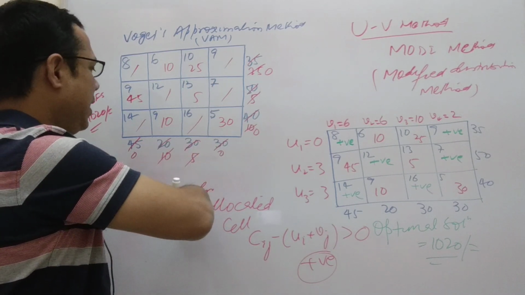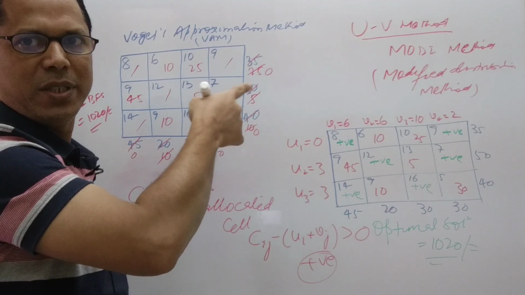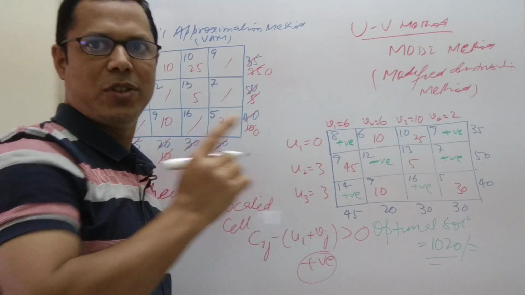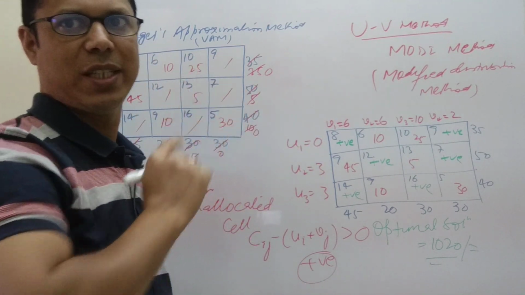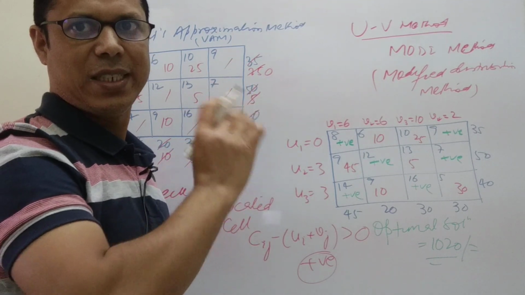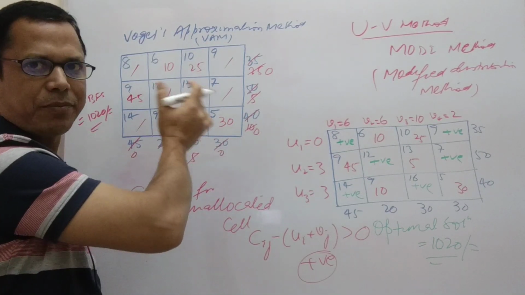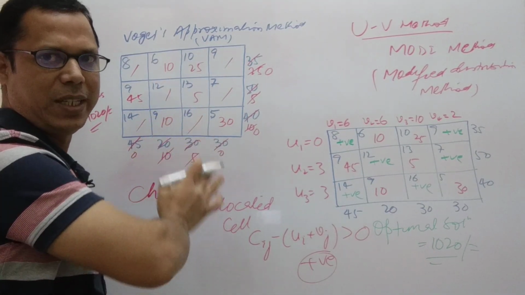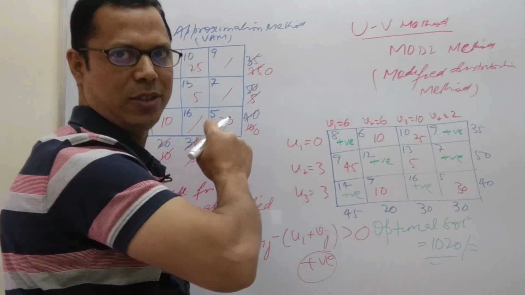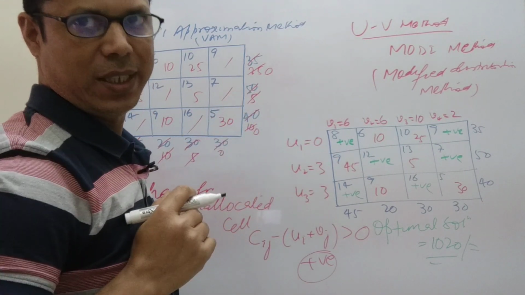Sometimes it is also mentioned that you should first apply an initial basic feasible solution method, like the northwest corner cell method, and then go on to find the optimal solution by applying the UV method. If the question mentions this, then you need to go in that respect only. If it is not mentioned and you are just asked to find the optimal solution, then you may apply any method, either Vogel's, northwest or least cost, to find the initial basic feasible solution, and either stepping stone or the UV method, the MODI method, to get the optimal solution.